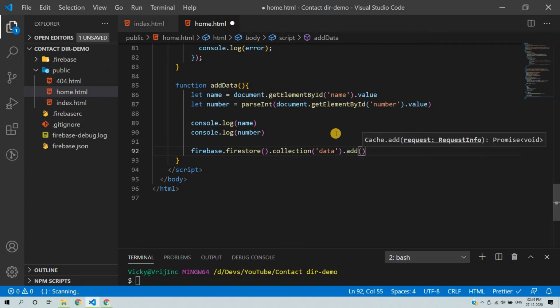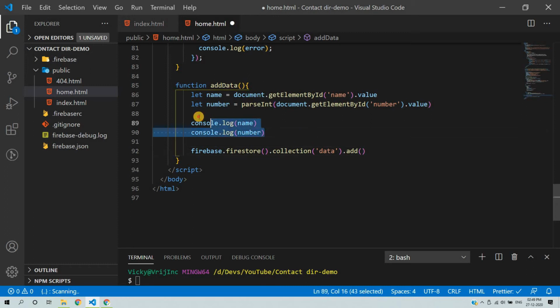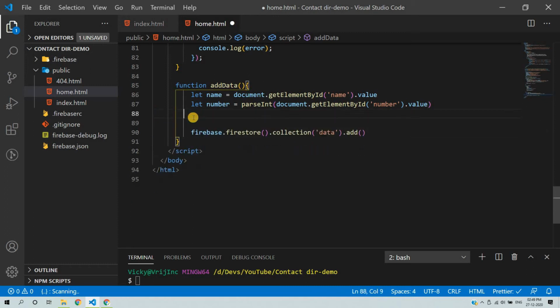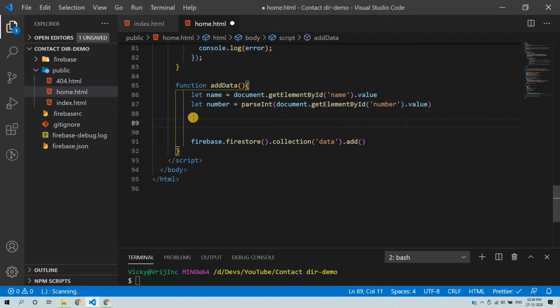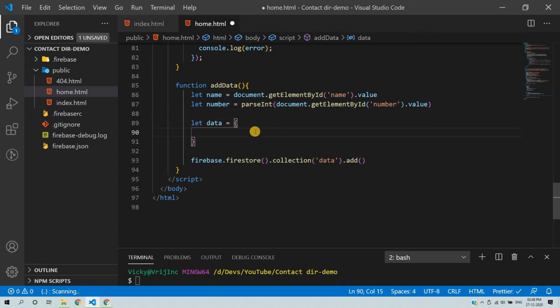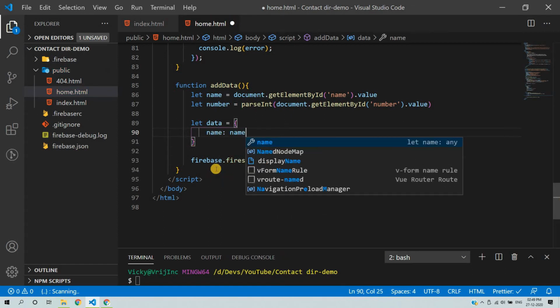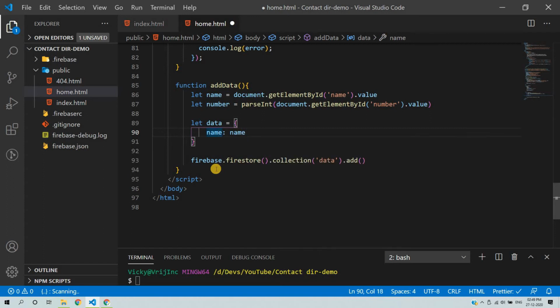Inside the add method we need to pass a JavaScript object. So what we can do, we can create a JavaScript object like let data is equal to a JavaScript object, which we can create with the help of curly braces, and a key-value property like name is equal to name. So my key is name and the value is name, so name is this one.